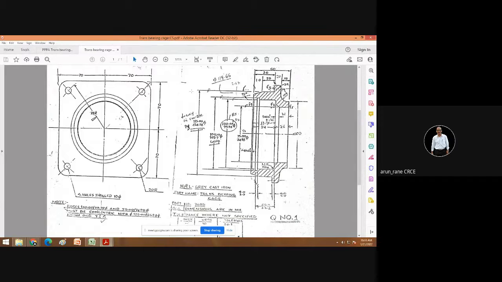Now you find out the weight of this square flange. That is taken as area into length. So what is the area? 140 into 140. Here no pi by 4 d square. So 140 into 140 into thickness, that is, this thickness is 2, into 7.85. So you have found out the weight of this, and then weight of this. Then you have to add it.